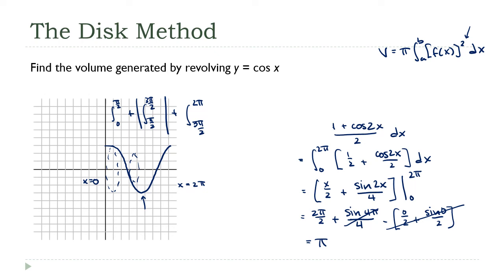And all I'm going to do is apply my formula. That's it. Nothing crazy. I have the formula for the boundary of the region. I'm going to revolve it. My formula says volume is equal to the integral from 0 to 2 pi of y squared. So that's cosine squared x dx. And we know how to do this. This is the integral from 0 to 2 pi